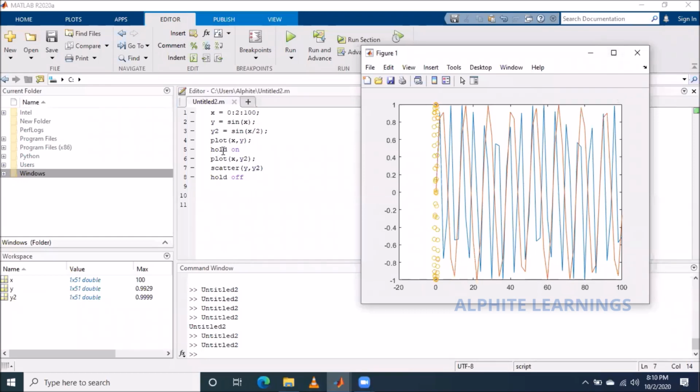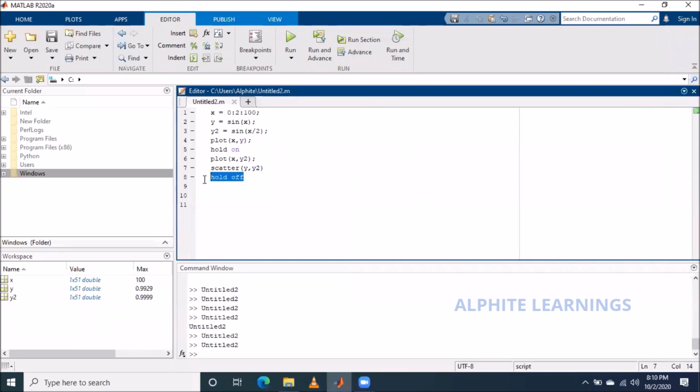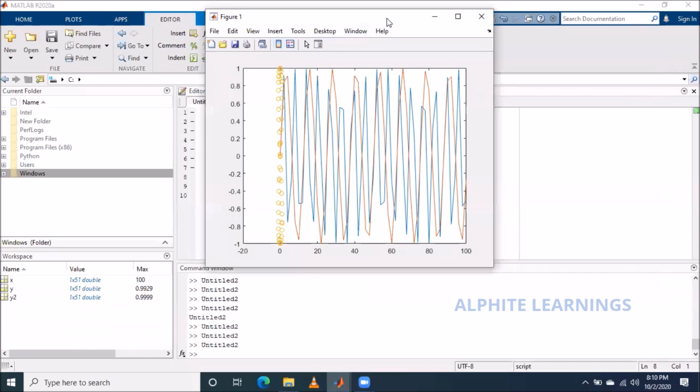But we use hold on to make graphs in a single workspace. So in a single graph sheet, I'm getting all the graphs. What I'm doing is hold on. If you check, I just didn't mention hold off, and I'm not getting any difference.